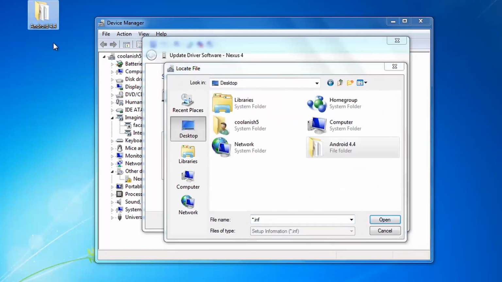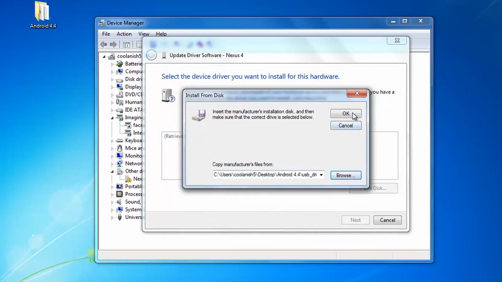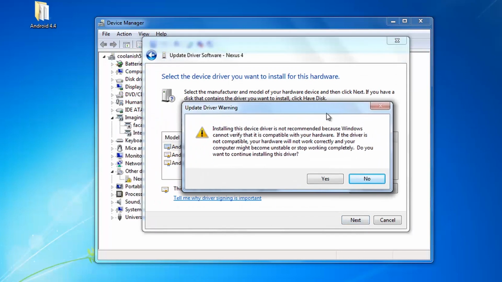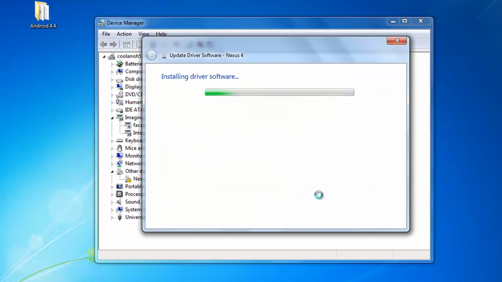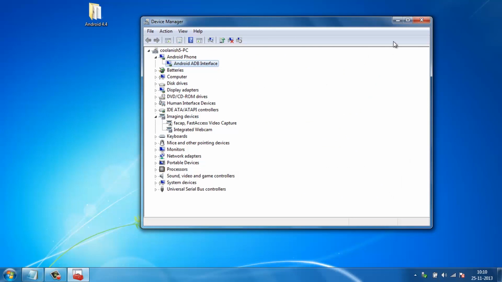The link to this folder will be in the description below. Go to the USB driver folder and select the Android WinUSB file, hit on OK and then hit on OK again. Choose the Android ADB interface, hit on next and then choose yes. That will basically install the ADB interface onto your computer.